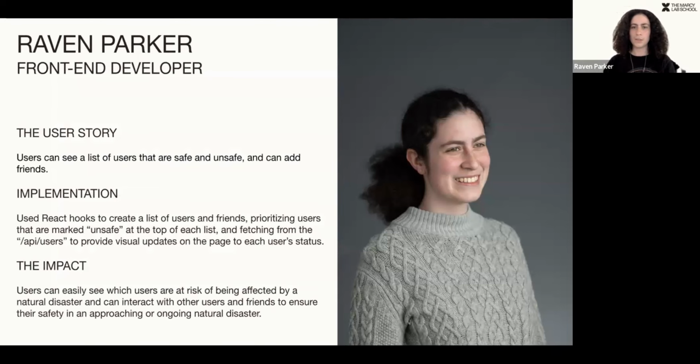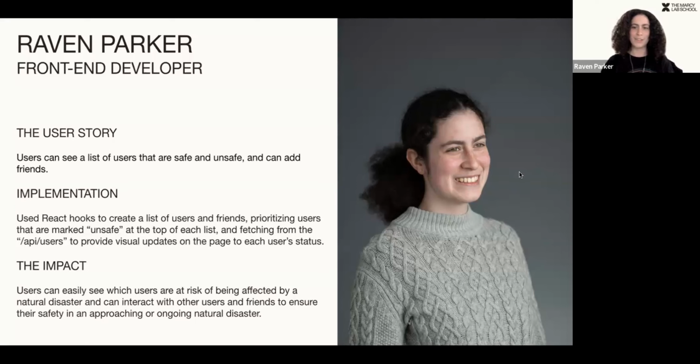The status update fetches from our backend API/users endpoint to get which users are unsafe, pulling from the safe column in our database. This enables a connection between the current user and other unsafe users, which is especially important for friends the user has added, as it'll directly allow the user to see which friends are affected first in the event of a